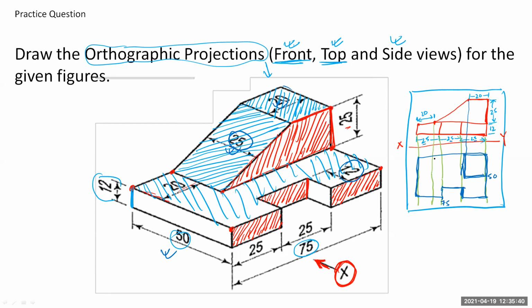And this projection line is already there, so it will come up to this point. Okay, so this is what is your top view. So this is your reference line. Below your reference line is your top view, and above your reference line is your front view. So how to draw this? I hope it is clear to all of you.